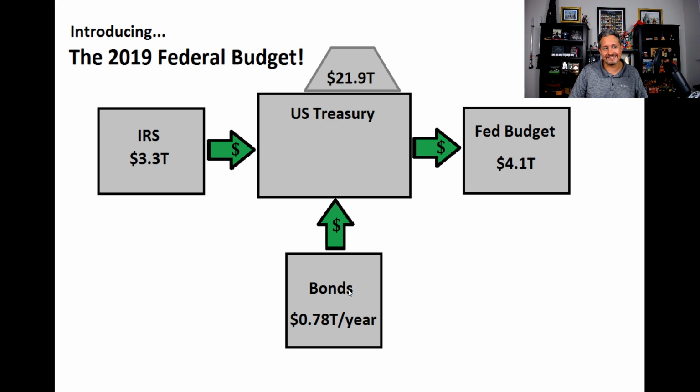Well, guess what, guys? That is the 2019 federal budget. Oh, sorry, this is the 2018, start of 2019. So what you're basically looking at, these are real numbers, guys. These are the numbers of the actual federal government. Now, you just saw it in a normal household, but with numbers that made sense that you could understand, right?